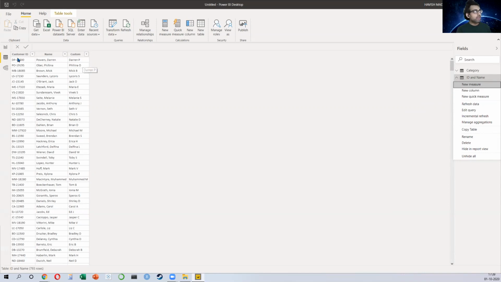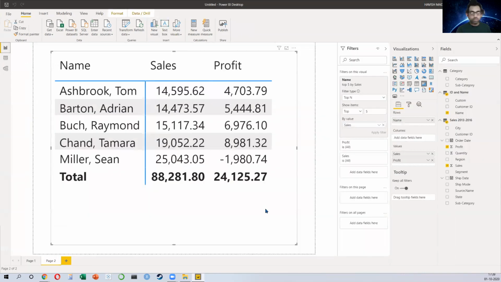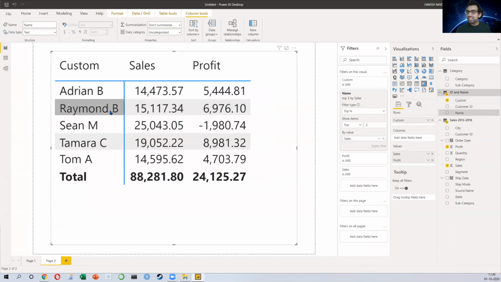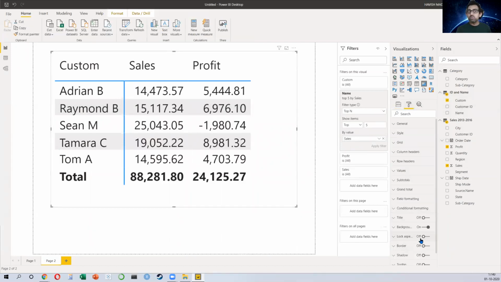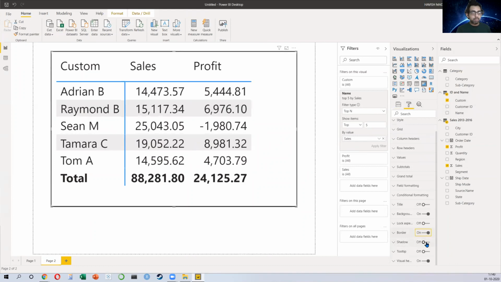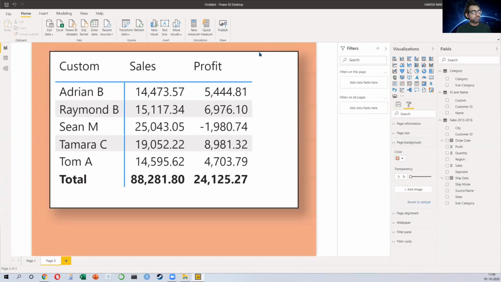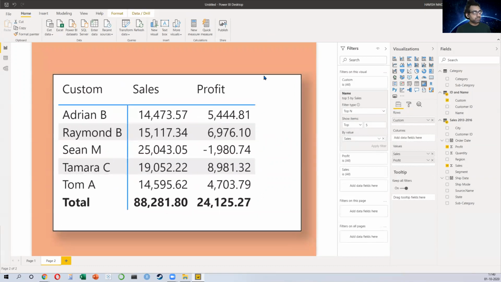Right, everyone? Now, I hope all of you are clear with this part. The model is already created. So what can I do now? I can just remove my name and put my custom column, which is that. And now we're getting a beautiful list with all the names in it, top 5 sales and profit, right? Let me make it a little better looking. Let's improve the aesthetics as well. So I'll make a border and a shadow. And we'll also change the page background to a simple color, right? So we choose an orange color here. Like this. And let's keep it in the center.